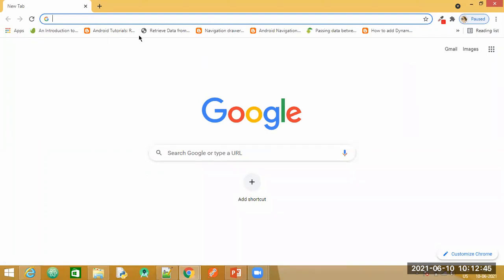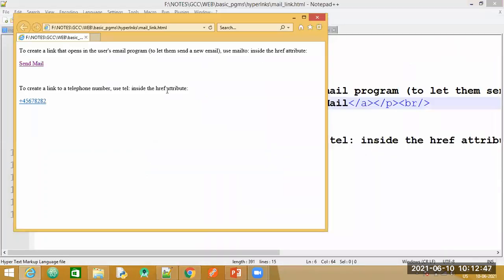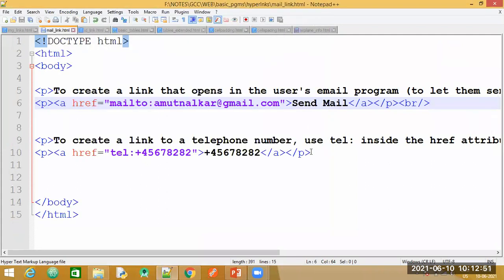If you have already signed in, the Gmail account will be accessed. With the pop-up, you have to choose from which of the services you want to open your Gmail account, whether it is Outlook, whether it is Gmail, or any other email access. So this is the mail link and the telephone link.